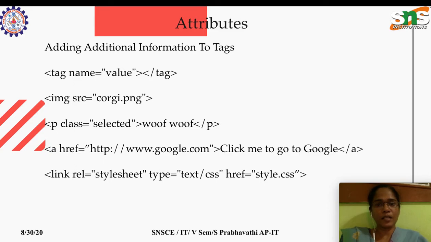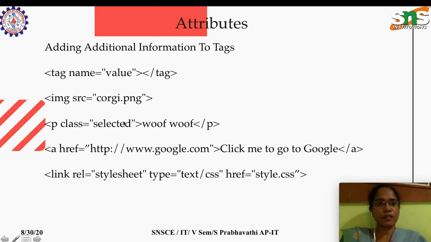And talking about the attributes we have seen already, they are name value pairs. So the attribute syntax will be the tag, the HTML element name, followed by name is equal to the value, which will be within the double quotations. One example we have seen already for image source, and we can have paragraph, which usually doesn't take any attributes, but we can style the paragraph in whatever way we want using a style sheet. So this part you will be learning in CSS.